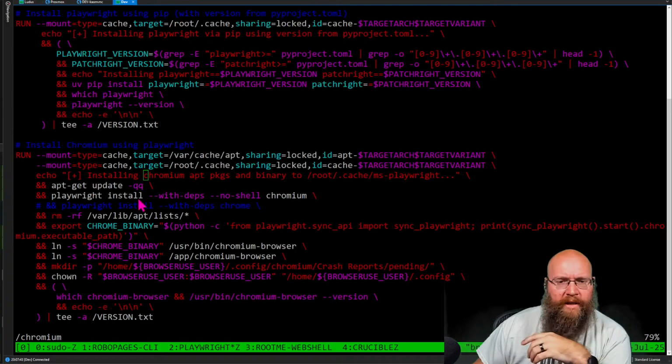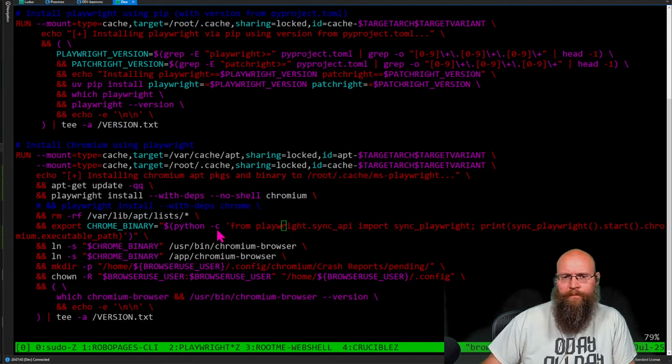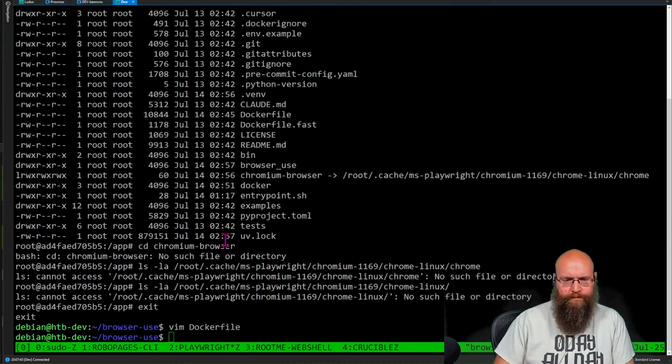Yeah, so here's our Playwright install with dependencies, no shell, Chromium. Let me try something here real quick. Let me do something.